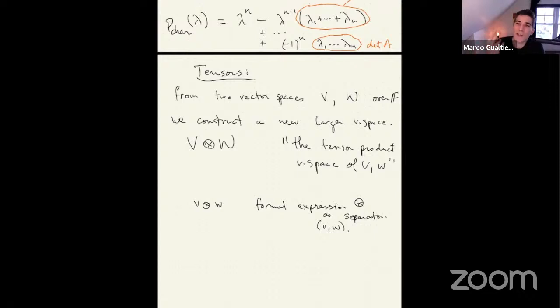You know, when someone is naively asking that they want a product, right? Then the question is, well, okay, before we even decide where the product should lie, what do you want the product to satisfy? Do you want it to be compatible with the pre-existing vector space structure that we have on V and W? And of course, that's what we want. I mean, that's the whole point. So we want the product to be linear in V and W.